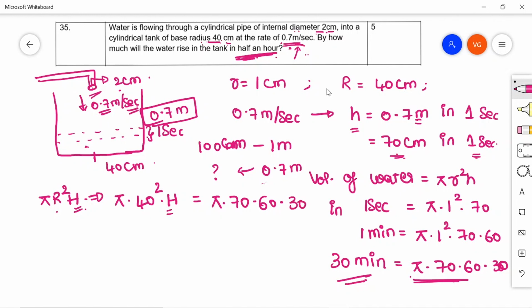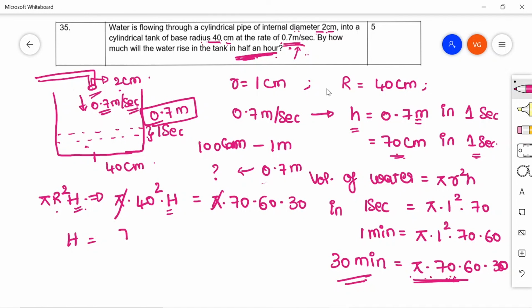As I need the height h, this pi will get cancelled. So don't try to multiply everything here itself. If you go wrong, everything will go wrong. Wait for the last minute calculation. They may get cancelled and your calculation will be easy. Otherwise, if you do the calculation here itself, one, you may go wrong. The other is that the calculation will be lengthy and time taking.